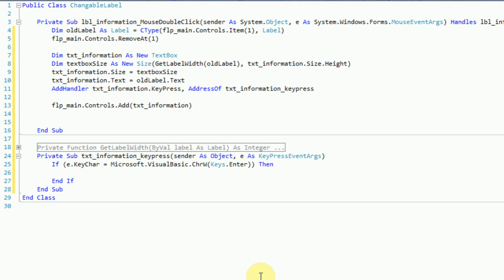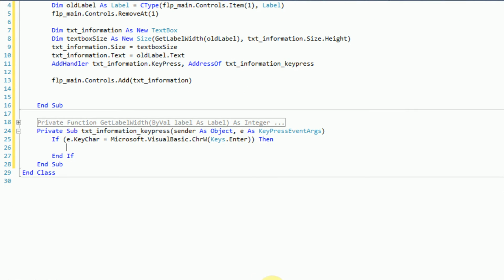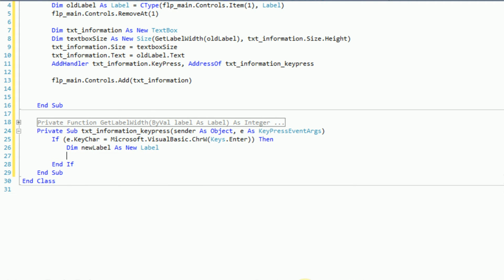So now that we're good to go, let's go ahead and edit this. The first thing that we need to do is create a new label. So I'm going to say dim new label as new label. Now there are a few things that we need to edit within this label. The first thing that I'm going to edit is the text property. So I'm going to say new label.text equals txt